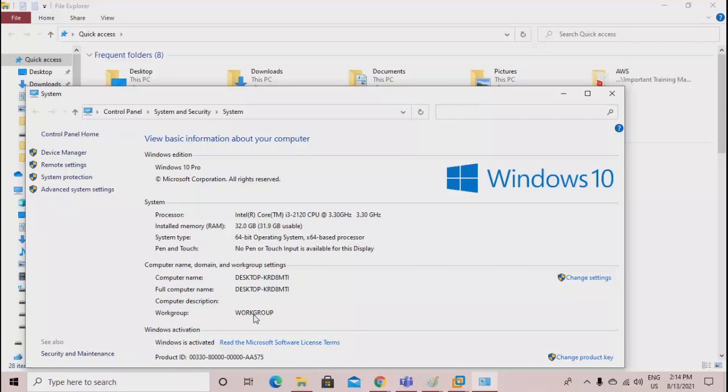Did you all check that? So when you right click this PC, you see this option, computer name and the workgroup.